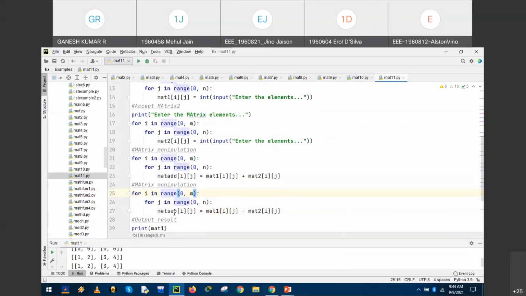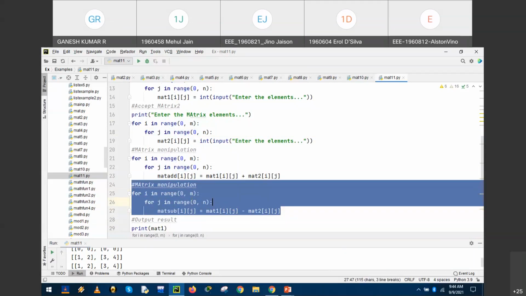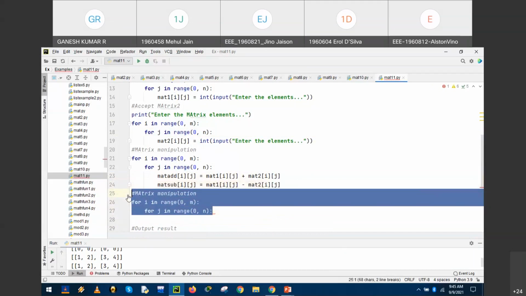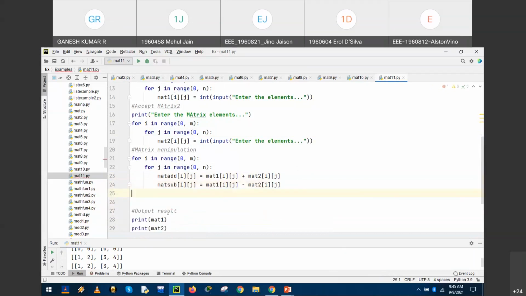So in the matrix manipulations, instead of having a separate block to access a row and column and having a separate operation, this could be used inside a common template, and the repetition of the same loop could be avoided.